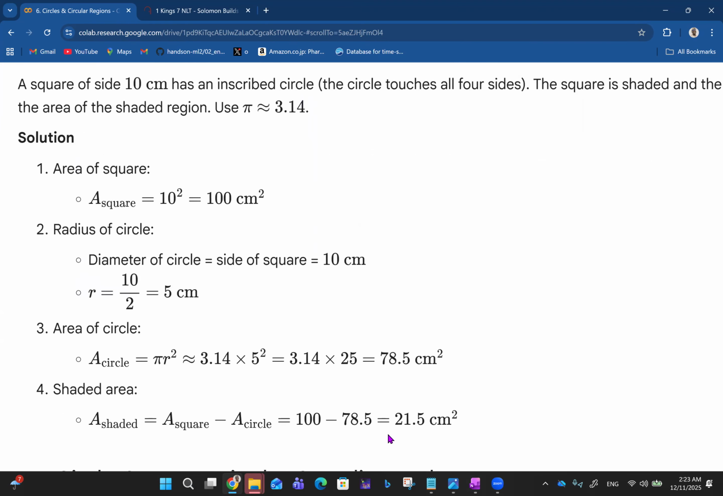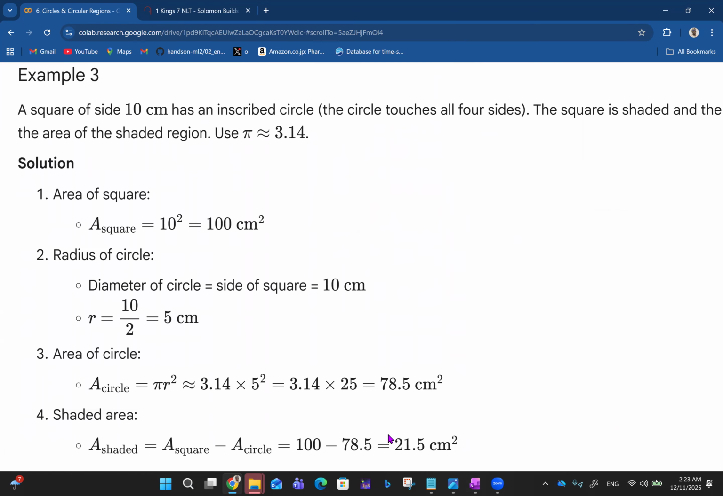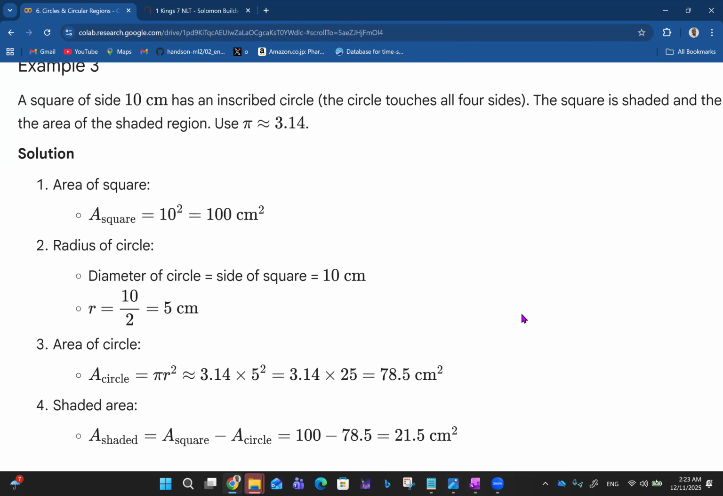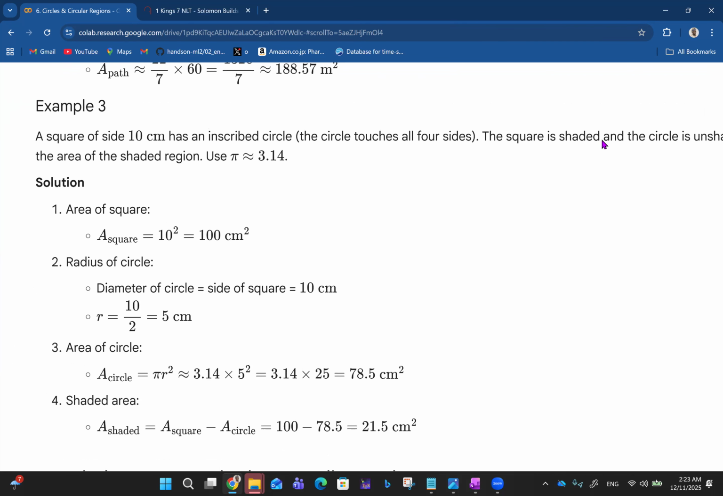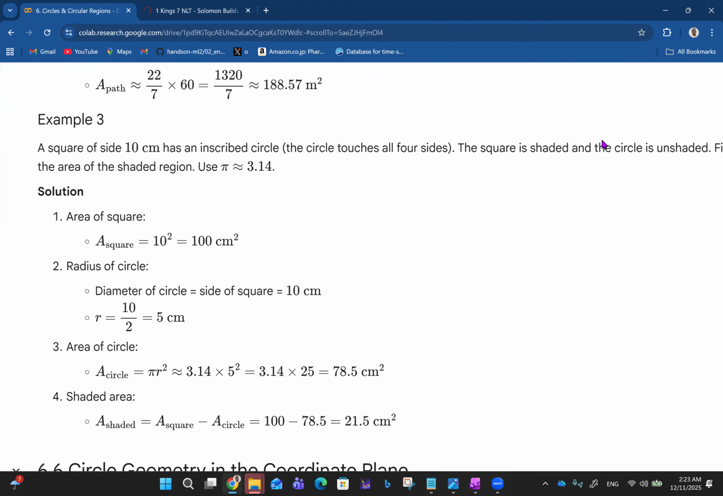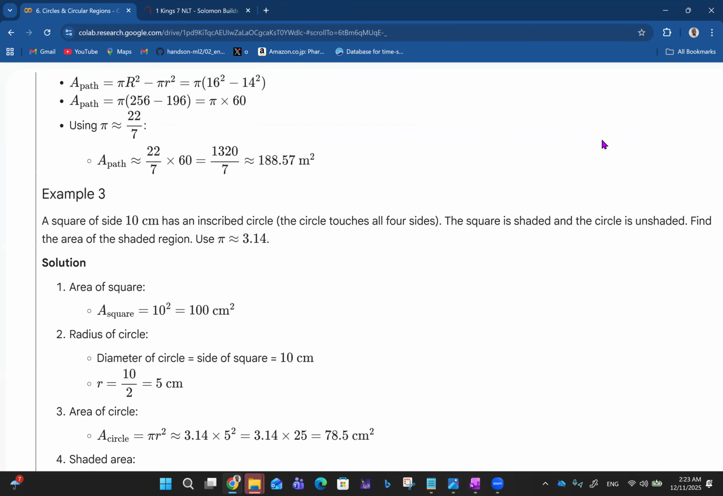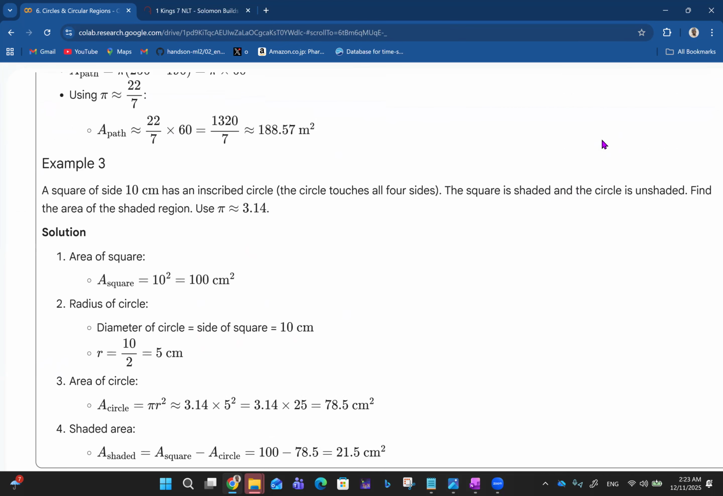Example 3 now. You have a square of side 10 centimeters that has an inscribed circle. The circle touches all four sides. The square is shaded and the circle is unshaded. Find the area of the shaded region. Area of square, of course, we know that's 10 squared, which is 100 centimeters squared. Then the diameter of the circle is 10 centimeters, because we are told that the circle is